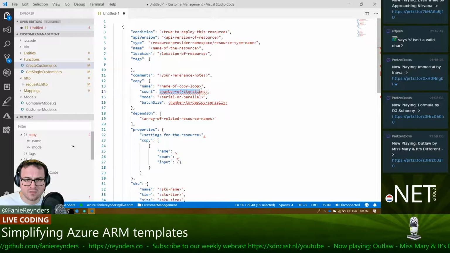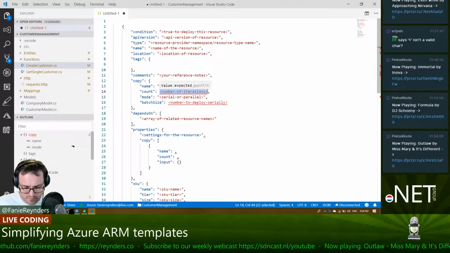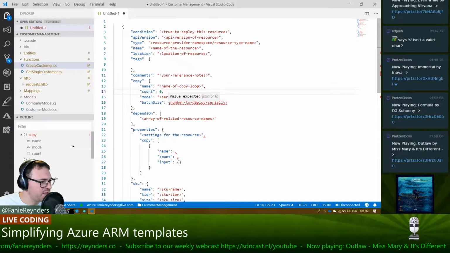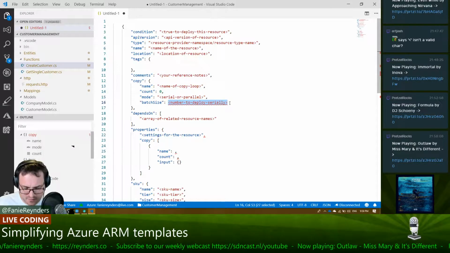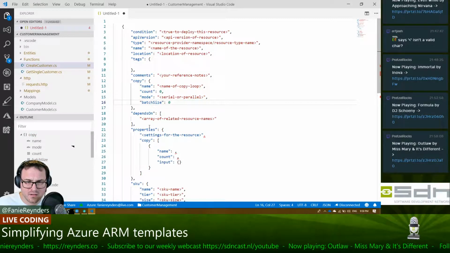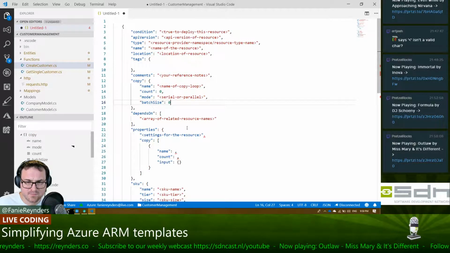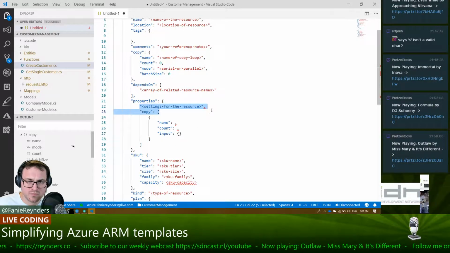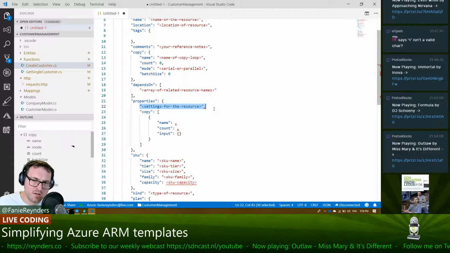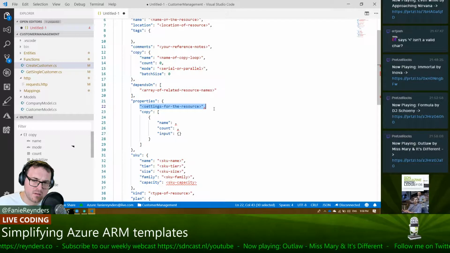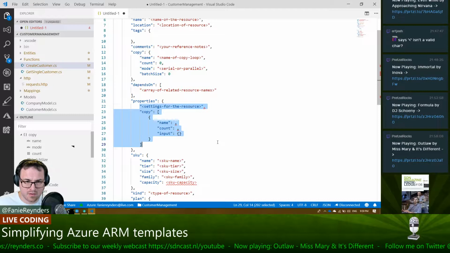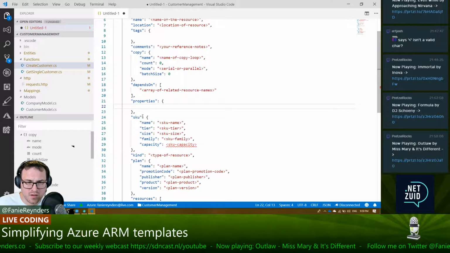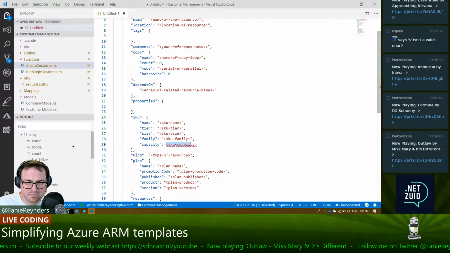Comments, count, 0. Actually, for all things that's typed, we can. This is an array of strings. Properties is also, let's give the properties like that. I'm missing something now. Key, skew, name, tier, size, family, capacity,